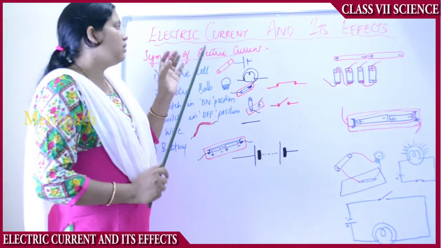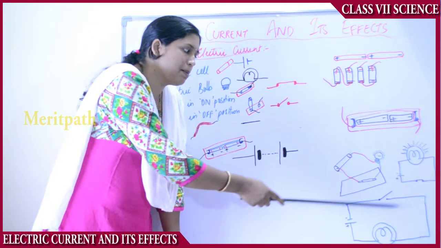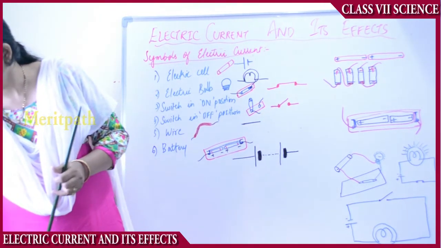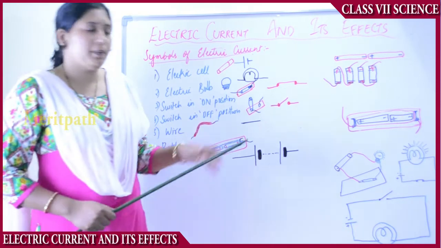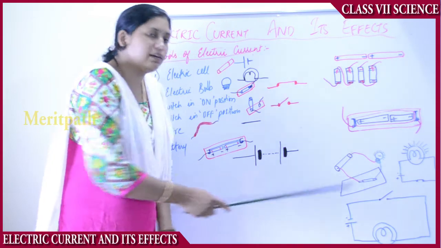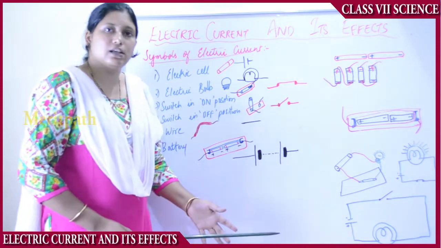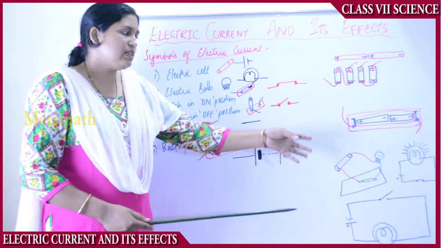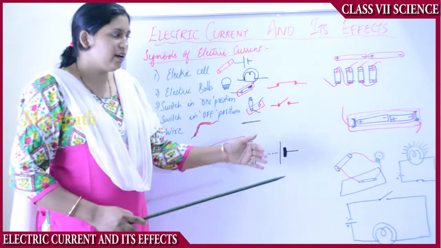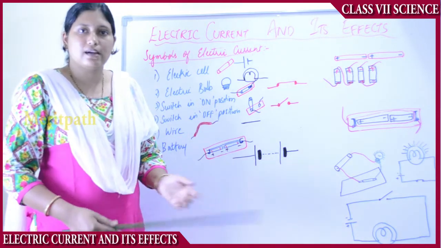So this is how electric circuit symbols are used, and any circuit can be represented easily with the help of symbols. Representing the electric circuit with the help of symbols is much easier. So that is how symbols help in representing the electric circuit and the bulb. This is how the instances where the electric circuits are connected are represented with symbols, and it is very easy to study. These symbols make the circuit easier for us to study and understand.